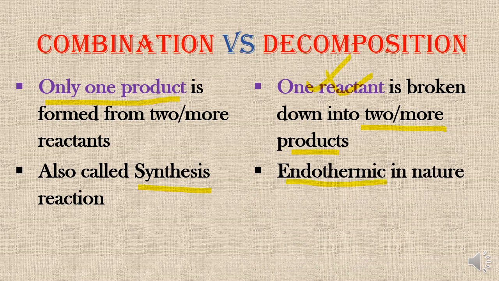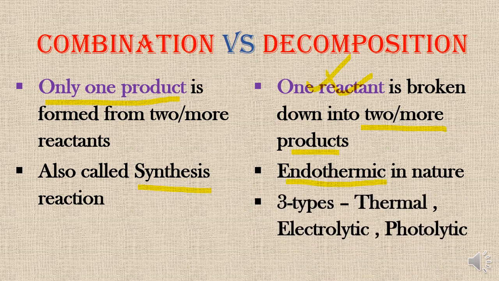Decomposition reactions are mostly endothermic in nature, and there are three types of decomposition reactions depending on the nature of the energy provided. They can be thermal, that is heat, electrolytic decomposition, that is electricity, and photolytic decomposition, that is light is used in this type of